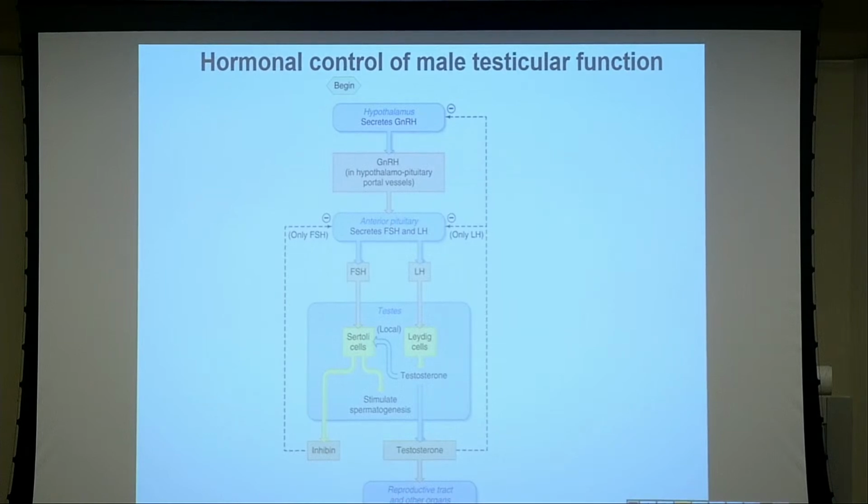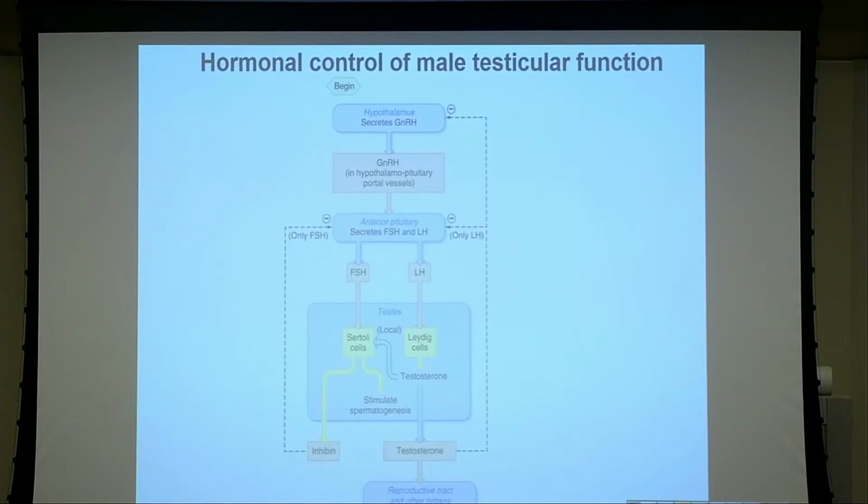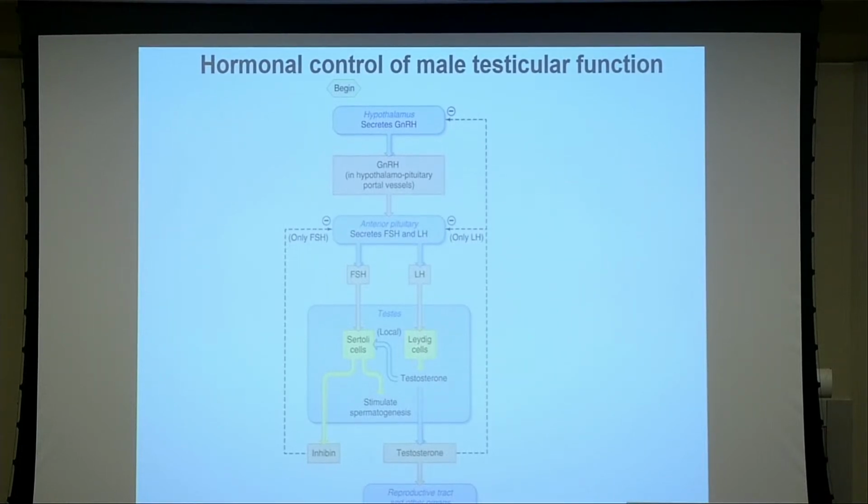That is something which happens in both male and female, but we will see today how, at puberty, this hypothalamus pituitary gonadal axis works. So in the brain, the so-called